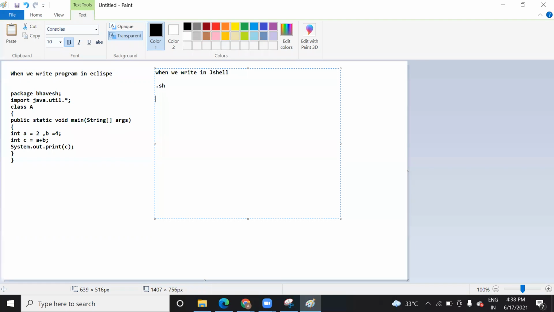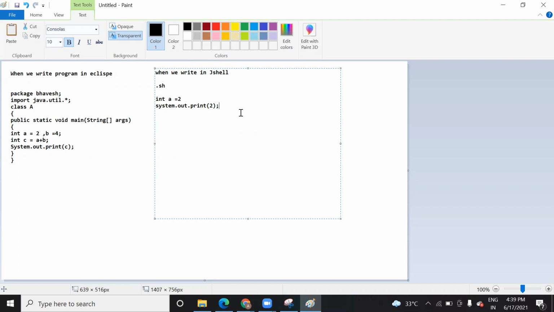So when you want to work with JShell, how are you going to do that? You will work like this: a is equal to 2, and when you write system.out.print, it will give you the output on the screen. Here we don't need to write main and all. That's the beauty of JShell. JShell will run element-wise code, and you can run a code snippet also. I will show you how you can configure it on your system.